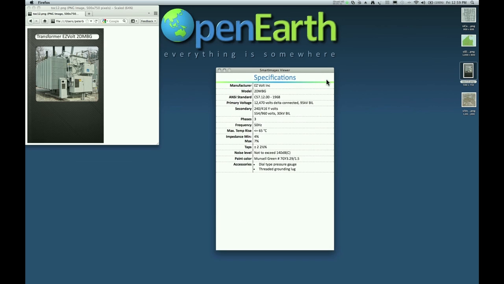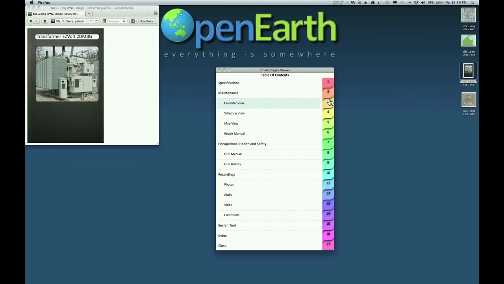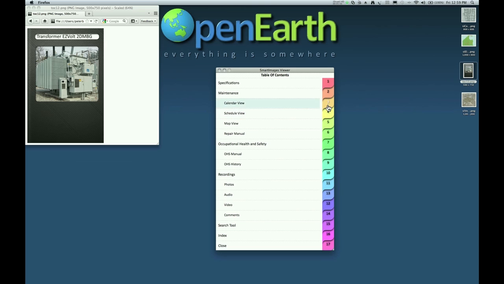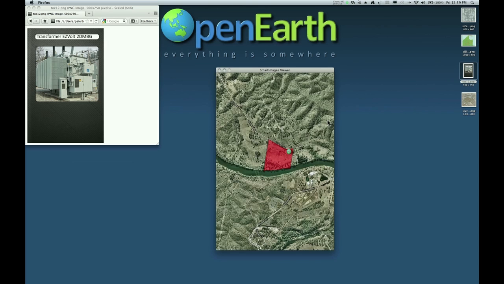So in this case, we've got specifications about this particular transformer. We have a calendar view where we can actually look and see what's happened at various dates, and see this is a particular area where a safety test was run, and we have another one there coming up, etc. So we have some activity here, 3-month oil change, etc. So like a schedule for the maintenance of this particular tool. We can have a map view, and of course this could be dynamic,